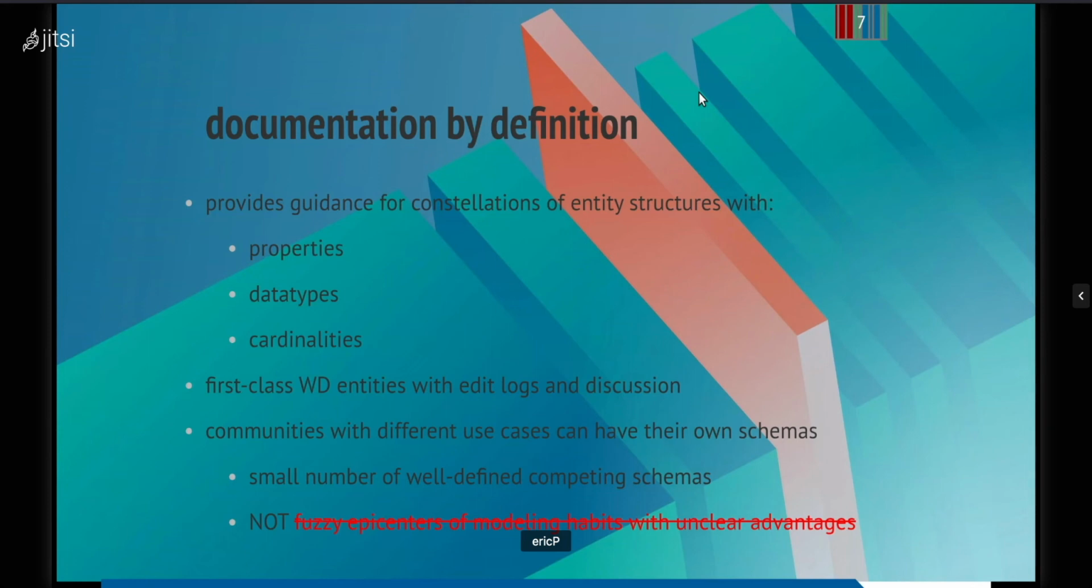And so the Schemas gives me guidance and says, here are the properties that are expected. Here are their data types. Here are their cardinalities. It's all written down in first-class Wikidata entities with edit logs and discussions, which means if I want to argue about the way CAT has modeled something like a file type